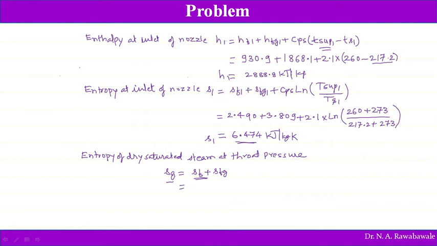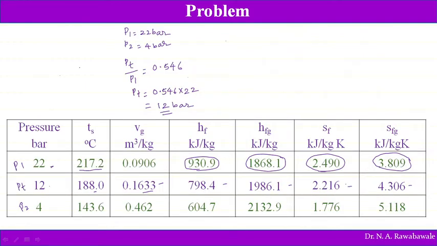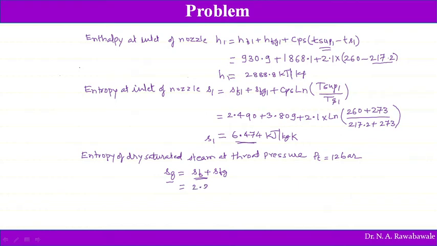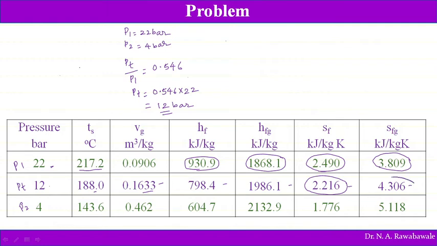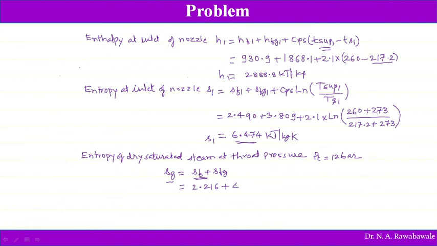So Sf at throat pressure PT, which is 12 bar, Sf value at throat pressure is 2.216, plus Sfg at throat is 4.306. So this works out to be 6.522